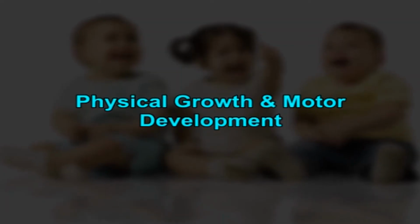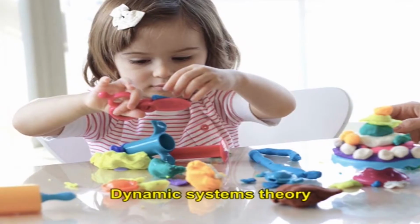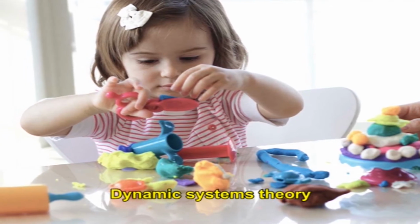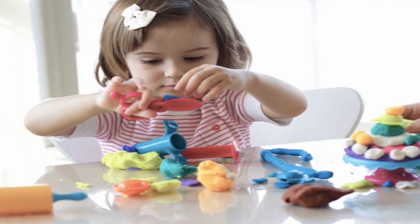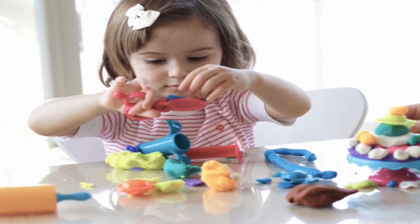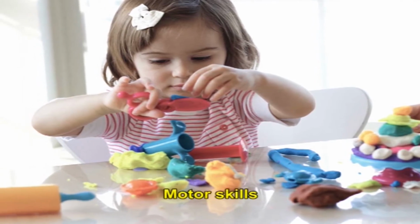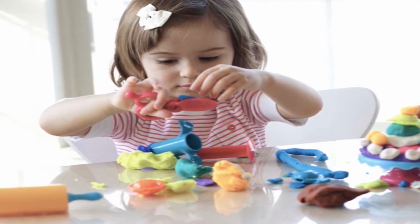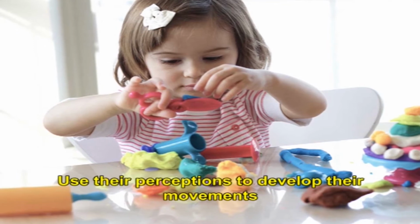Physical growth and motor development. According to dynamic systems theory, infants assemble motor skills for perceiving and acting. Perception and action are joined together. In order to develop motor skills, infants must perceive something in the environment that motivates them to act and then use their perceptions to develop their